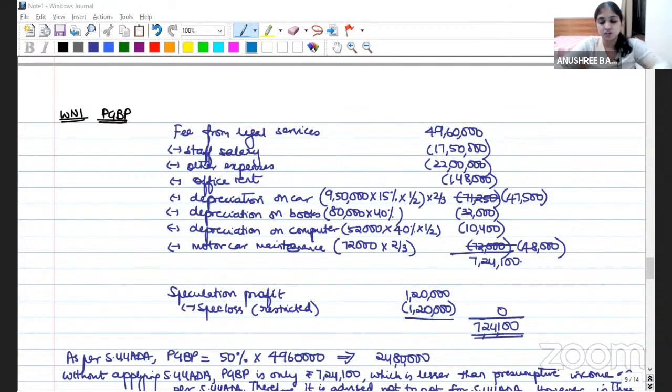I have a question in the chat box. The student is asking if we had some balance in basic exemption limit after normal rate income, can we use that for special rate income? Yes, you can. You can use that for 112A, 112, 111A incomes, but you cannot utilize that against lottery winnings. Even lottery winnings are special rate incomes. You cannot utilize unutilized basic exemption limit against lottery winnings. Against 112A and all, you can utilize.